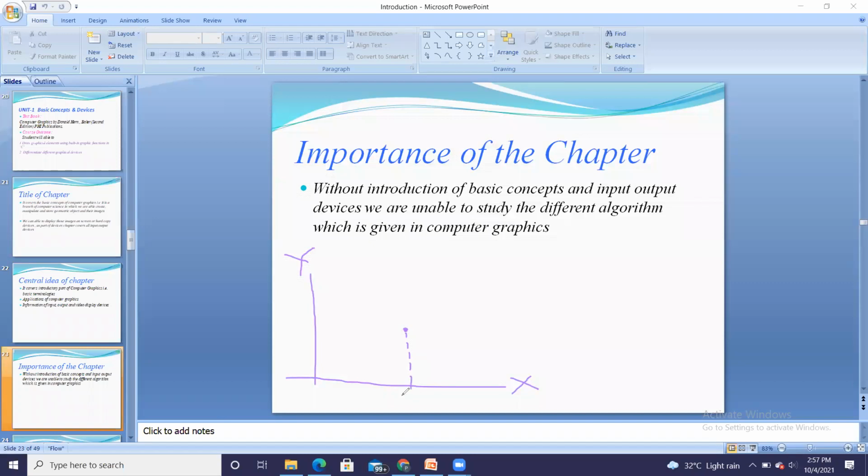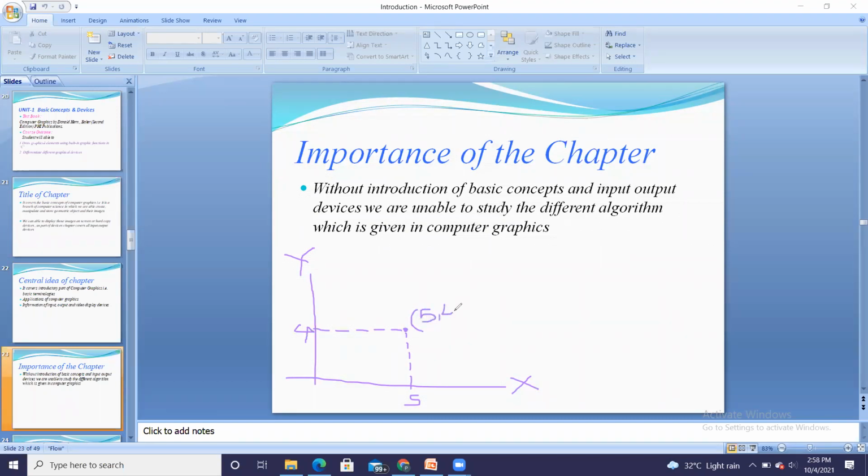That is, it has a certain x value, let us assume 5, and it has a certain y value, let us assume 4. So whenever I want to draw any point or any pixel, it has its x and y attributes. So the value of this pixel is 5, 4.